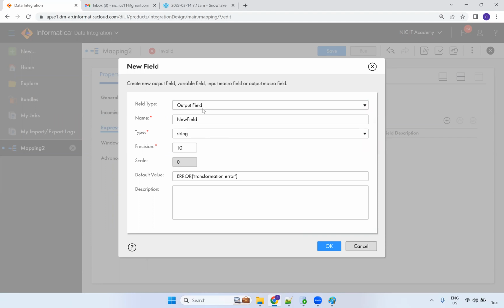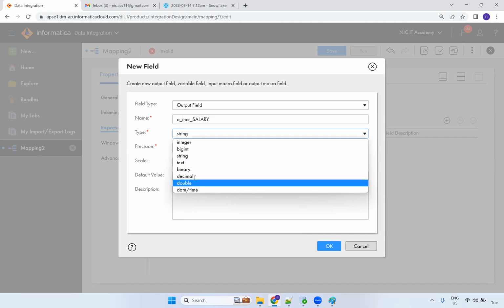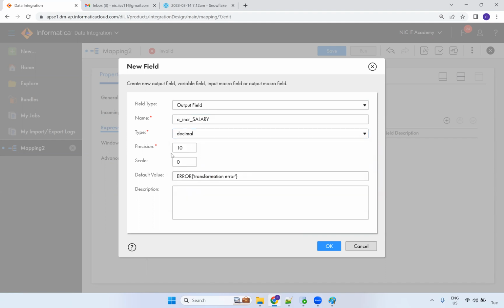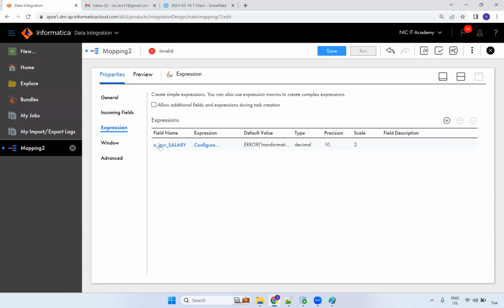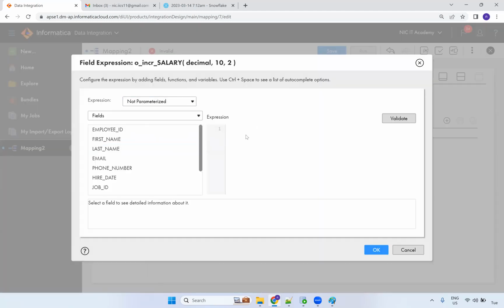So I'm going to create one field called output field. It's a new field. I can name it like O underscore incremented salary. So I'm going to make an incremented salary for these particular employees. So what is the data type? You can make it decimal. If you want to have any scale, yes, here you have to set the scale, which is nothing but your decimal point. So to create it, go to configure, click on configure, and here you have to write the